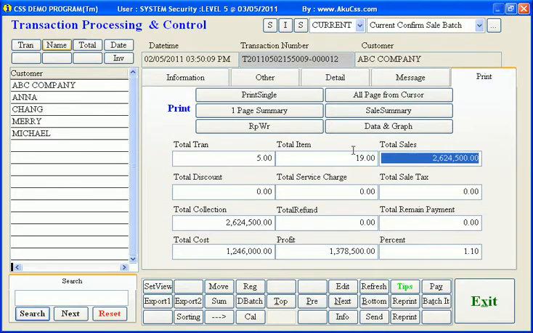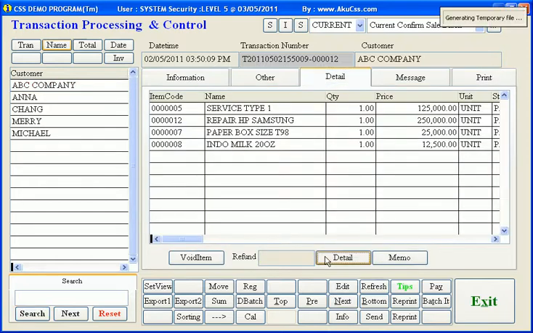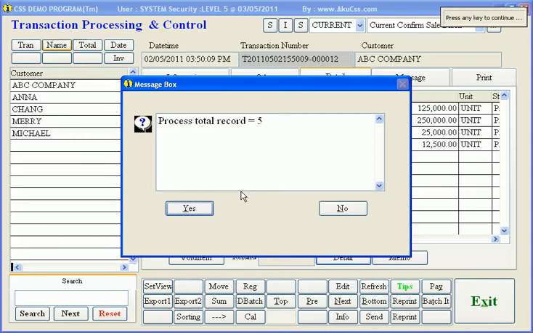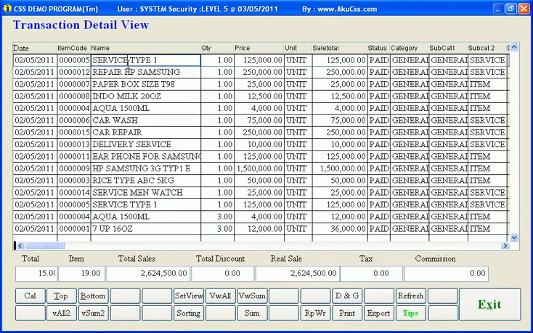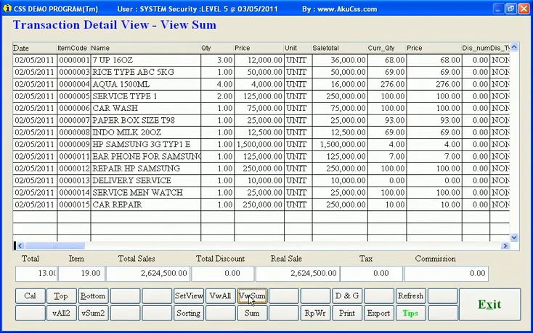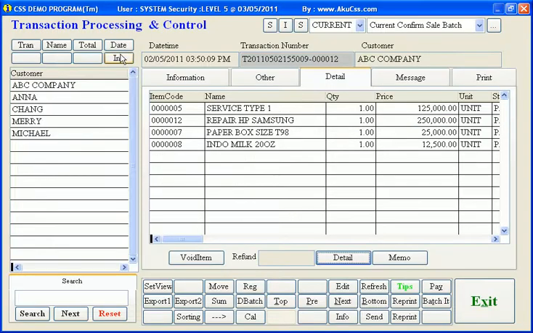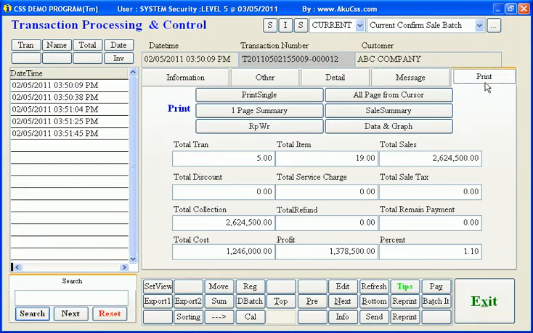If I want to know the detail of these 5 transactions, I just enter here, go into the detail, and I can see that the 5 transactions have these particular details. This is a view of all the information. If I want to view some, I can see that I only sell 3 7 up, and aqua I sell 4, and so on. This is one example of how to select a transaction based on date